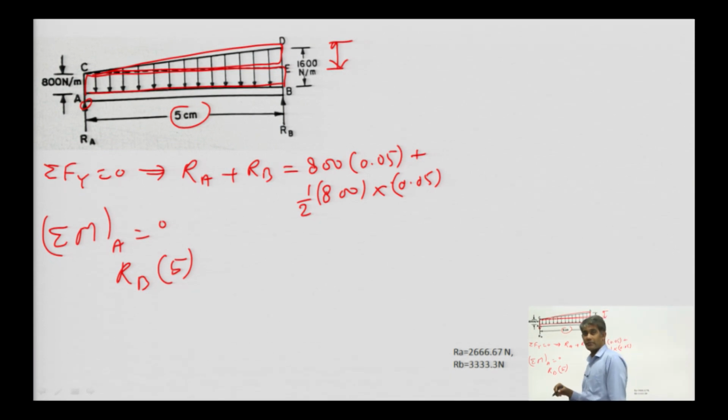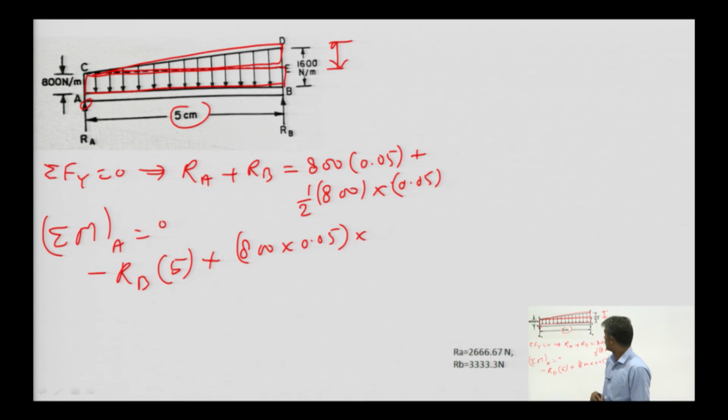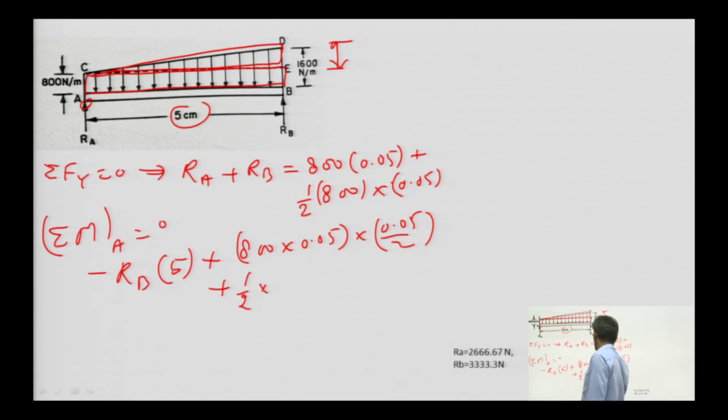Since in the previous case we have taken it as minus, take it as minus, and the other forces will be taken as positive because they are acting downward. So, plus 800 into 0.05 total load, into 0.05 divided by 2, and this is UDL, and for UVL, half into 800 into 0.05 into 800,